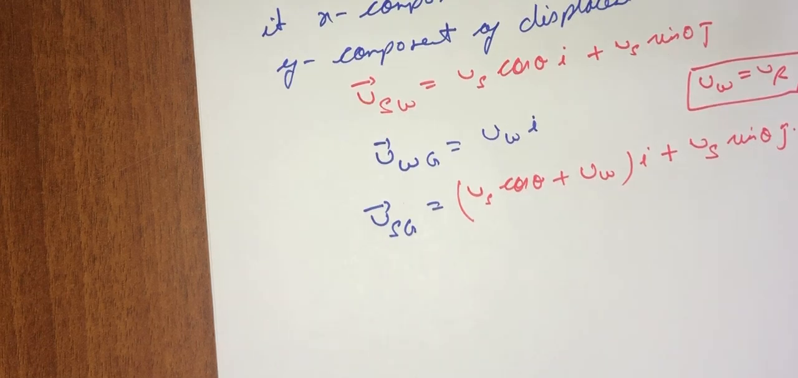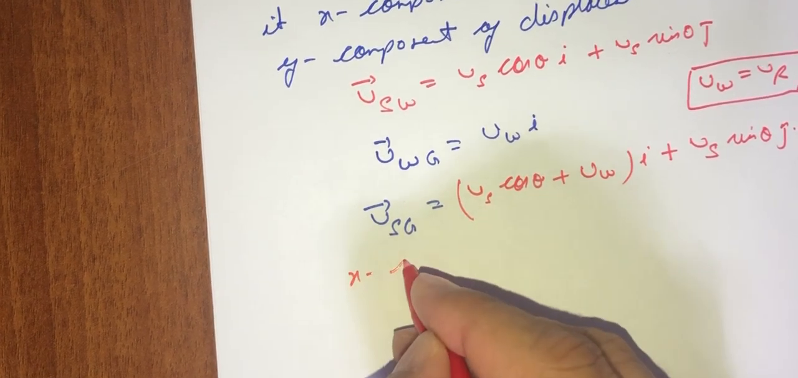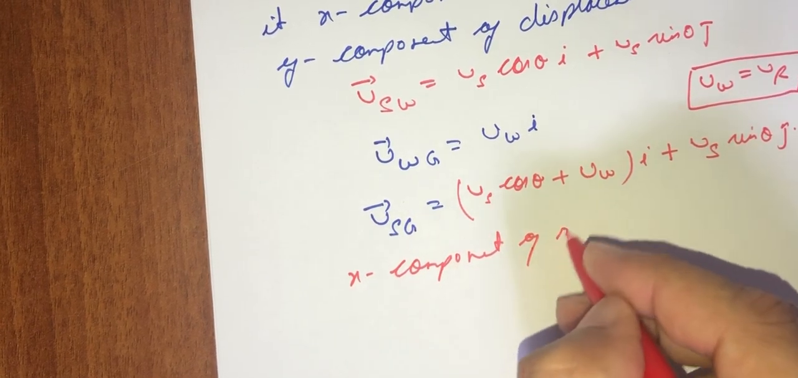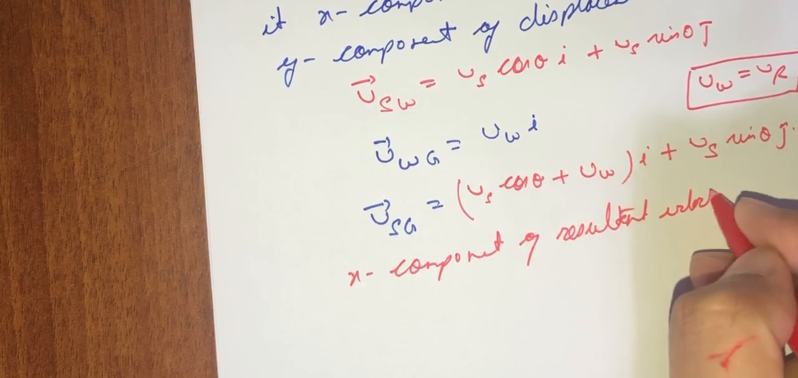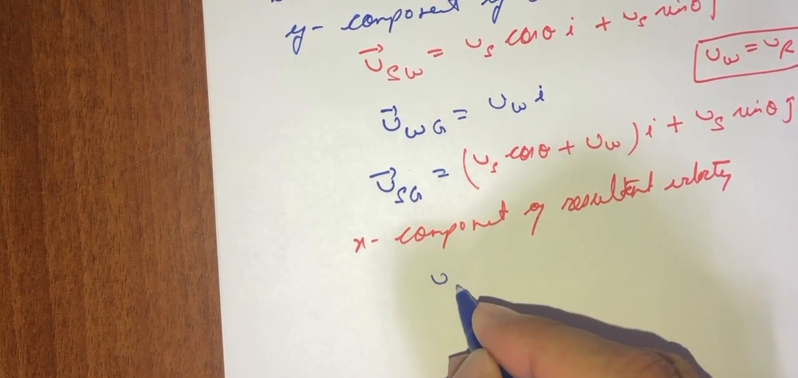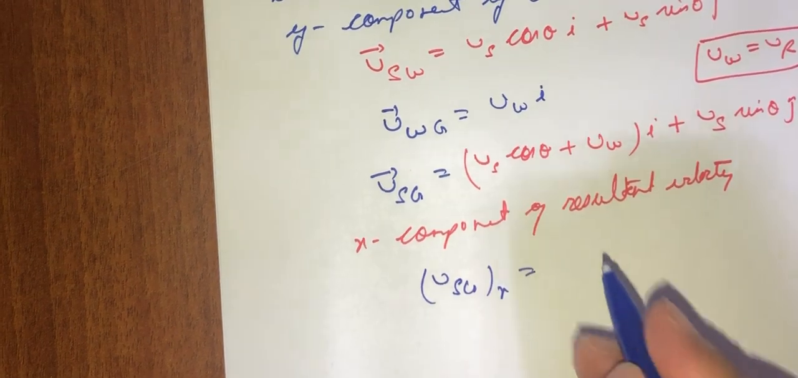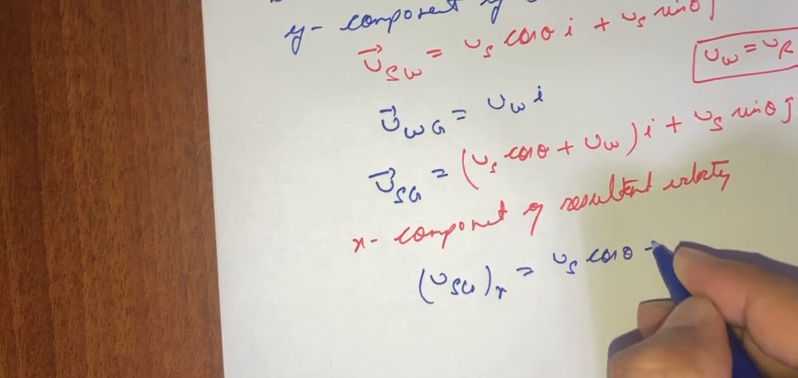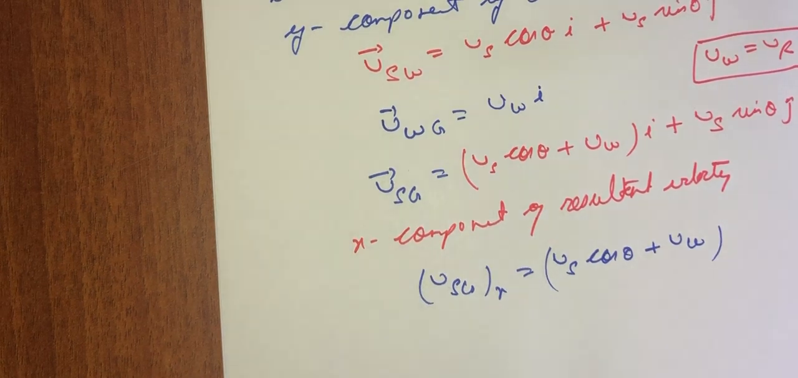It is, that's why it is coming as addition of these two things. Now from here we can easily find out the x component of the resultant velocity. So we can write that Vsg in x direction will be equal to Vs cos theta plus Vw. This will be the x component,